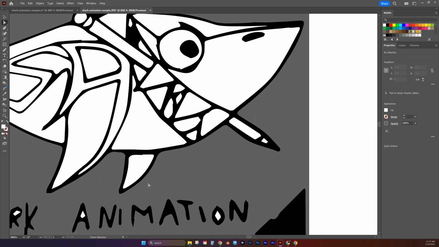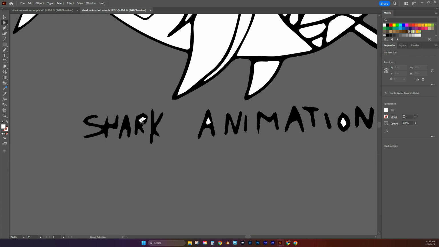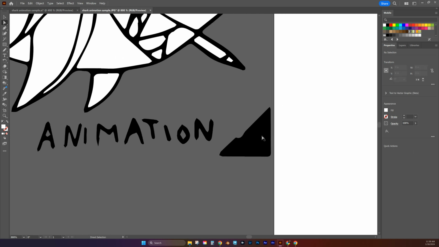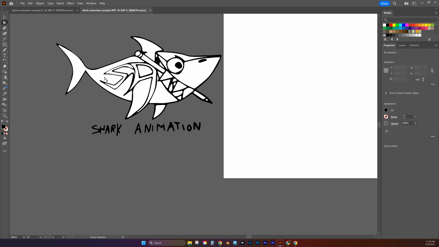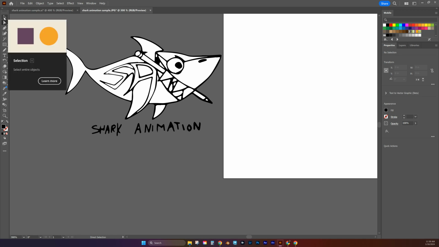I can go in closer and get rid of some of these spaces too. And this right here, I don't really need. I don't want that at all. I'm going to take that and delete that out. So any little spaces and things that you see that you might not want, you can go through and delete those things out. I'm going to grab everything again,